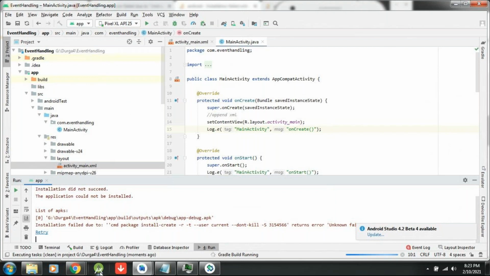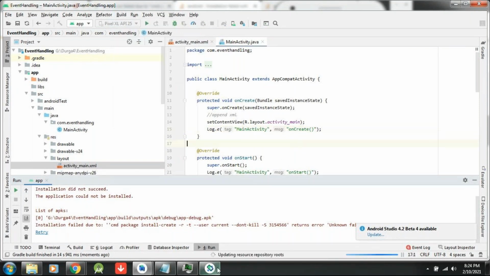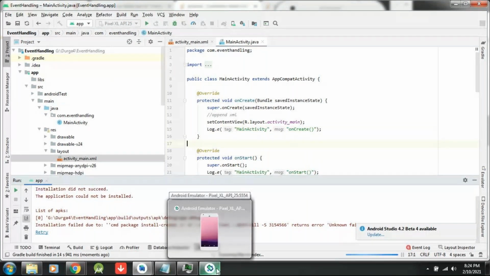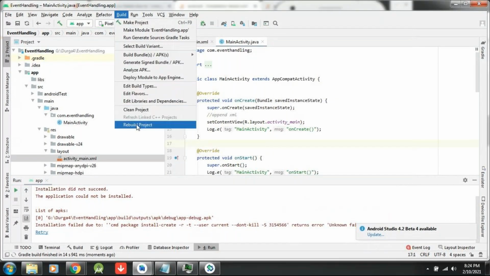I'm maintaining that one also. I will complete with that. No worry. Just give me 2 minutes. Yeah, finally it was loaded. Build, rebuild project.